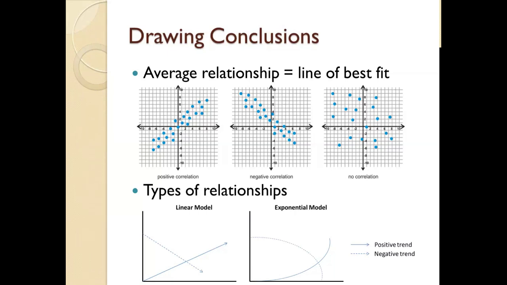In the middle panel, they seem to be pointing down and trending downward. So in this case, we've got a negative correlation. As things progress, things get worse. In terms of the last panel on the right, the dots are all equidistant, almost randomly scattered across the thing. In this case, we can't really draw a line. That's the average of this data set. So we say that there's no correlation.